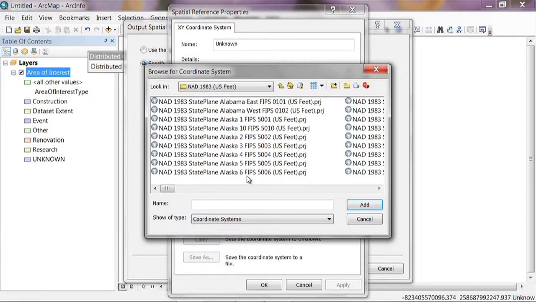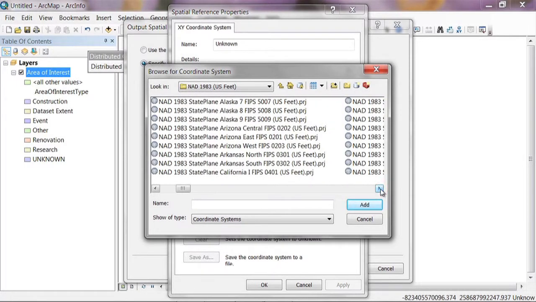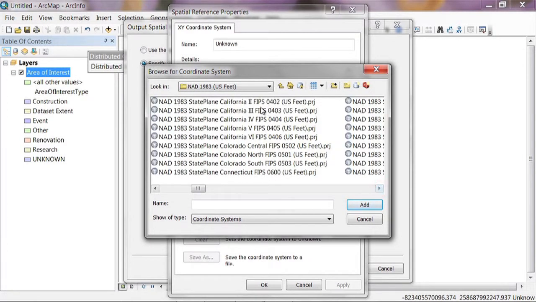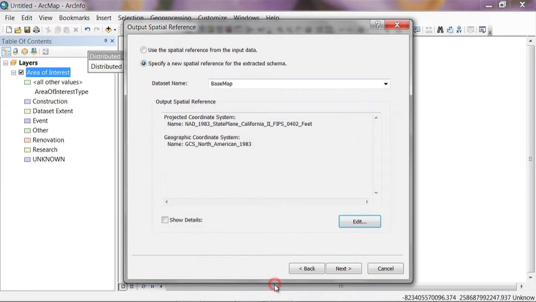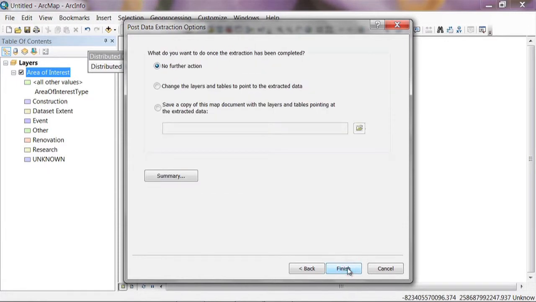Now, another way that you can determine which one of these to use if you're living in the United States is to just search on the internet for state plane zones map, and that'll bring up a map that will show you how each state is broken up into different zones, and you can figure out based on where you're living which zone to use. In my case, I'm living in California. That's where the UC Davis Arboretum is, and I happen to know that we're in Zone 2, so I'll select that one and hit Add, and then hit OK. You'll see those details get added in here. We'll hit the Next button,